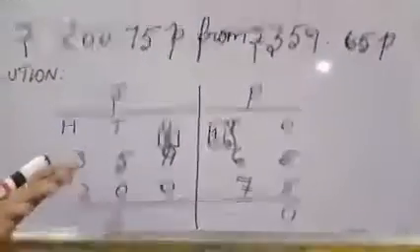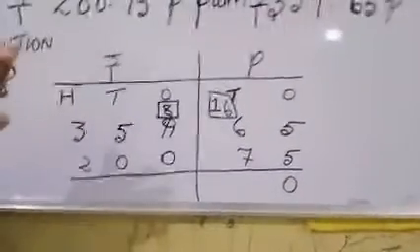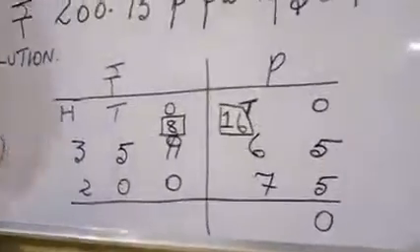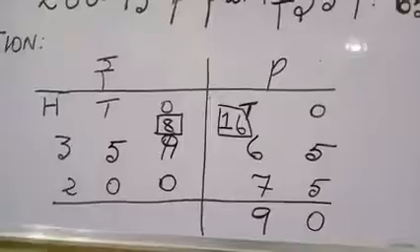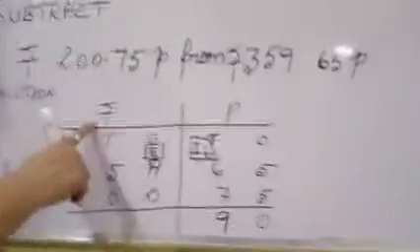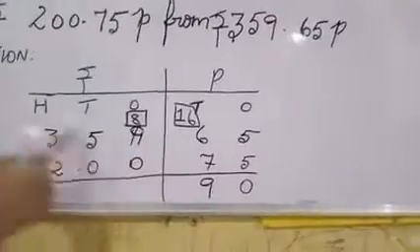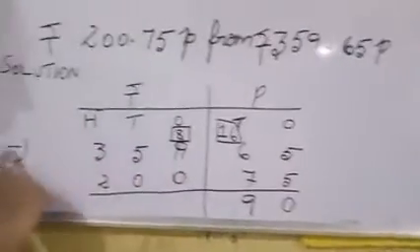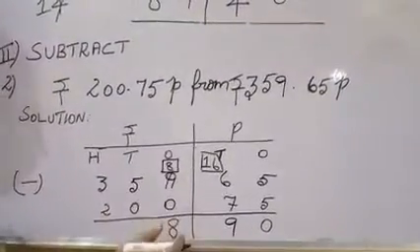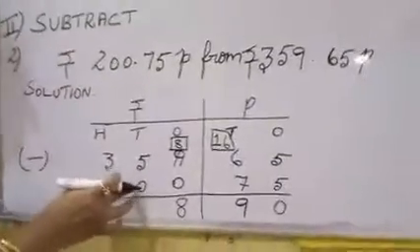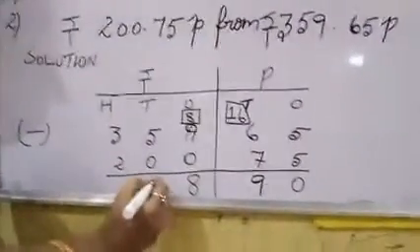Now you stop your counting and see the fingers. How many fingers did you take? Yes, very good. You take 9 fingers. So write the remaining 9 here. Then come to the rupees column and there the ones place. Here you have 0. So when you subtract 0 from any number, you get the same number. So I write down 8. Again you need to subtract 0 from 5. So you get 5 again.